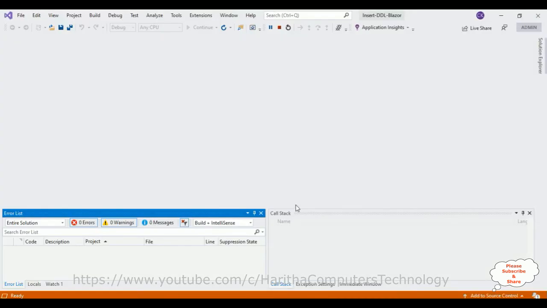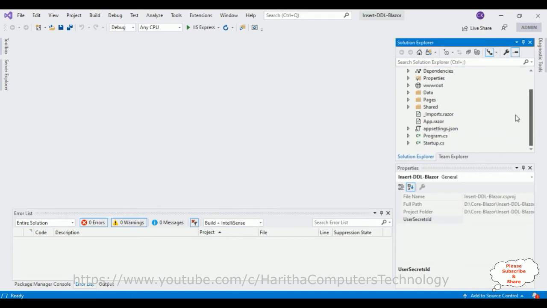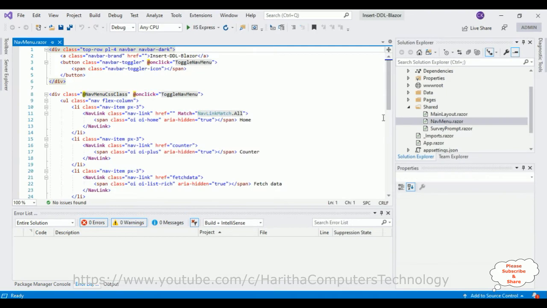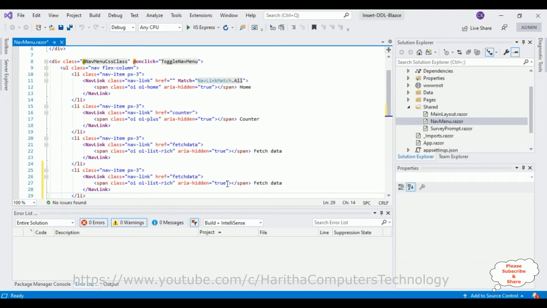Switch to the coding part again. Let's stop this debugging. To add the navigation link in the Solution Explorer, come to the bottom of the project. Now notice in the shared folder, let me expand the shared folder, NavMenu.razor component. Let's open that one. And here you can notice there are some default navigation links. Let's copy this list item and paste here